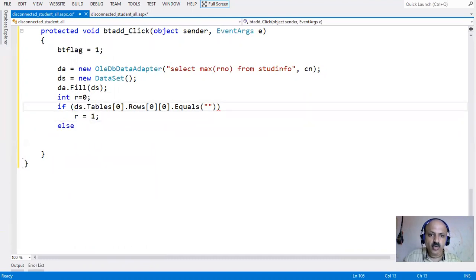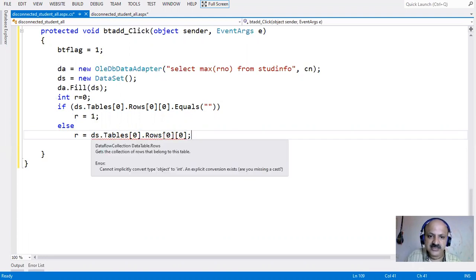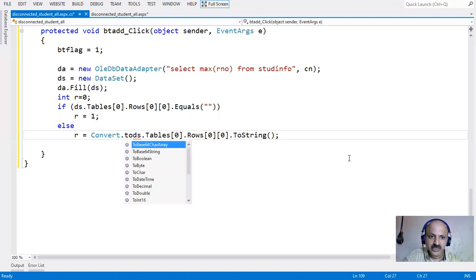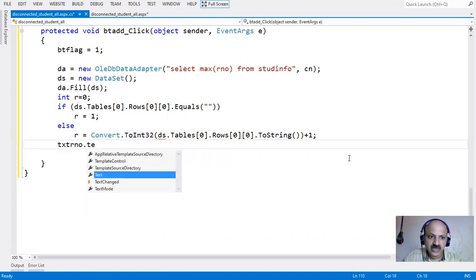In the else part, we copy this part and paste it, and the roll number is assigned, but it is an integer, so we need typecasting, since a string is returned. So we can convert to string using the Convert class: Convert dot ToInt32, then parenthesis and plus 1, addition of 1. Then our textbox dot text equals r dot ToString, because r is an integer.